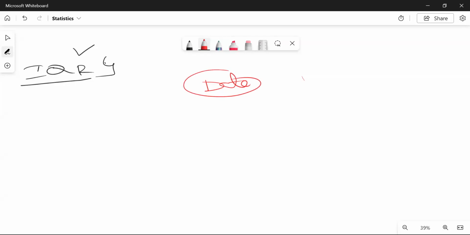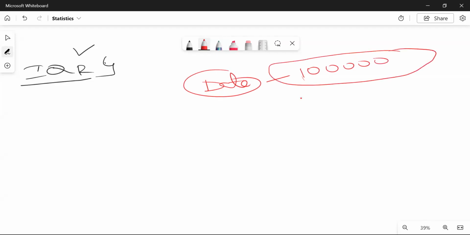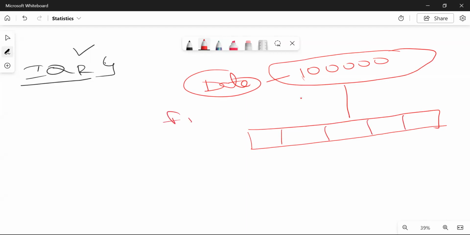That entire data, for example, if we have 1 lakh of records, even then this entire thing we have to describe in 5 elements. That kind of thing we are calling the 5 summary data. So the entire population data we have to represent in